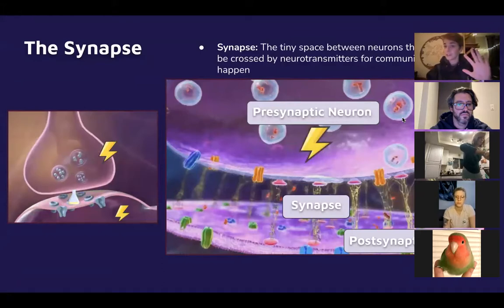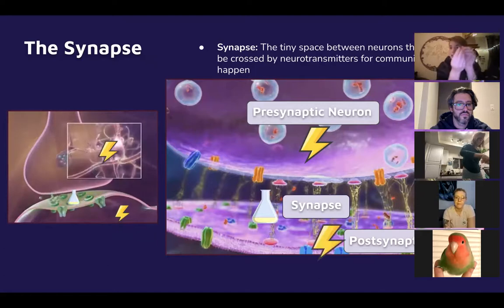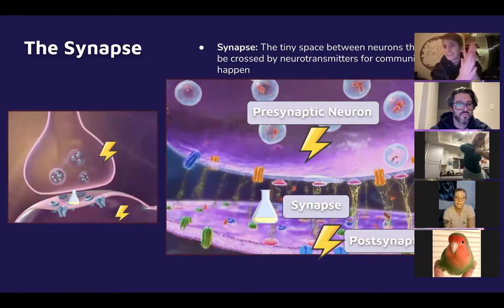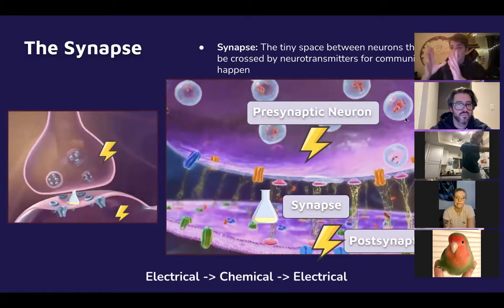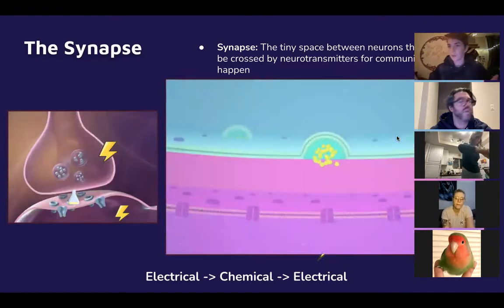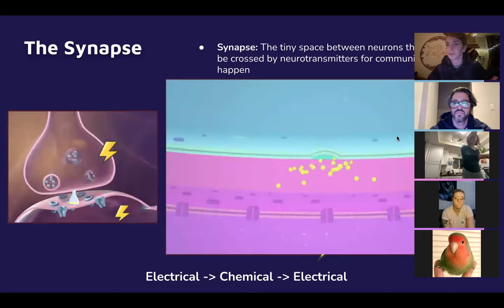We go electrical, chemical, electrical. They're basically wires that shoot out and then have to go through this selection process and be like, are you continuing or not? And then the electricity continues or not. Electrical goes to chemical, goes to electrical. That's how this works. Is anyone wildly overwhelmed? It's okay if you are, you can say something about it.